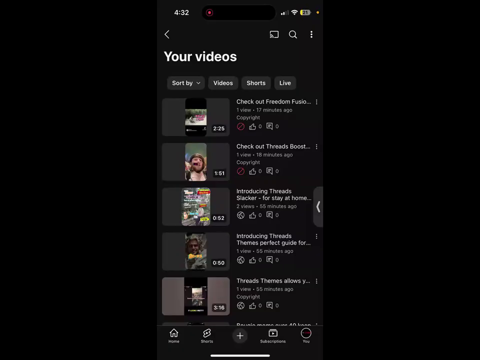But the cool part about all of this is that right now I'm just showing you how to do this with YouTube. You could do this with Lemon. You could do this with Insta. You could do this same kind of workflow through other ways. But just remember, whenever you use automations, you get penalized.